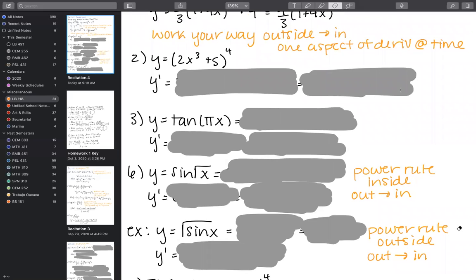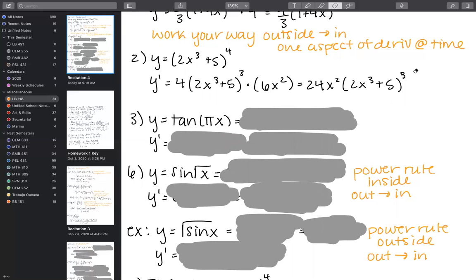All right, so this one doesn't require any manipulation ahead of time, but it's going to be exactly the same as the last one. We're going to drop the 4 and reduce by 1 in the power, and we're going to keep everything on the inside the same for the first step. That's our first link in the chain. And then our second link in the chain will be to multiply by the derivative of the inside, which again, this is a constant, so it does not have a derivative. And we're going to do the power rule again on this aspect of the derivative on the inside, so it's going to become 6x squared. And I simplified it, but again, that's not necessary.